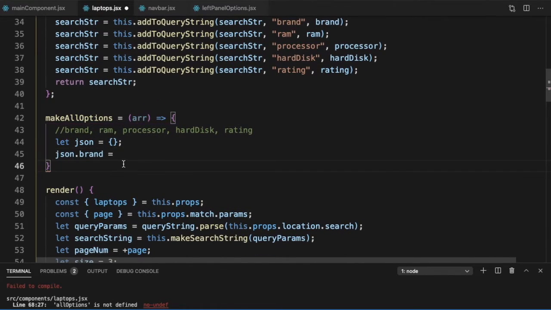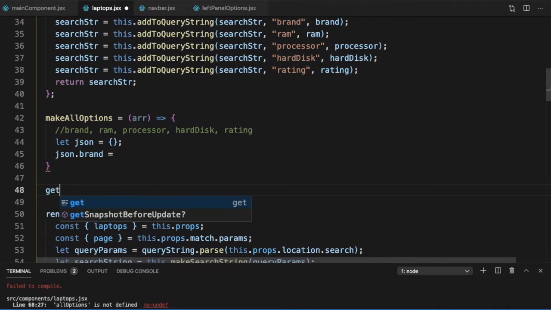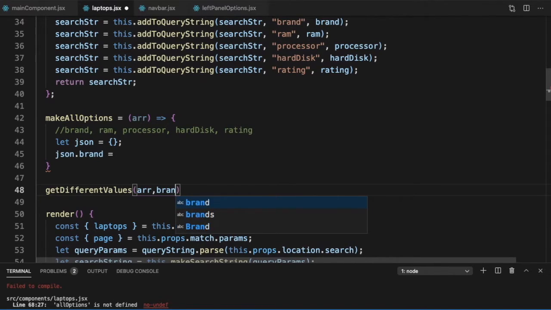So let's make another function, getDifferentValues. It takes an array and it takes the name of which field it wants. So this is what we want to define.